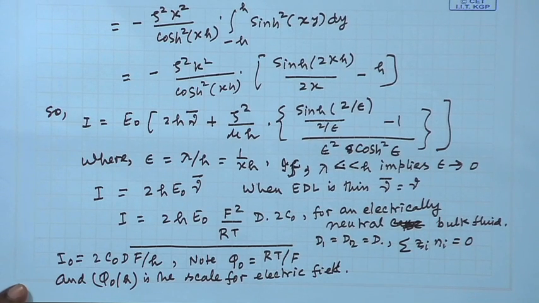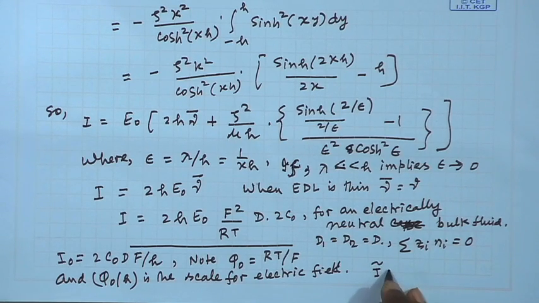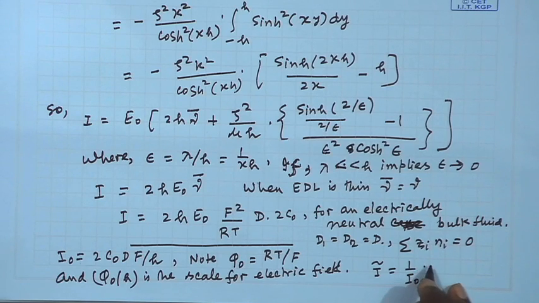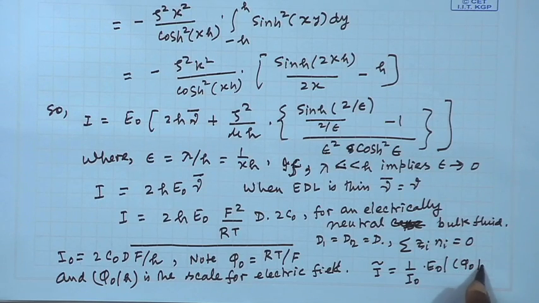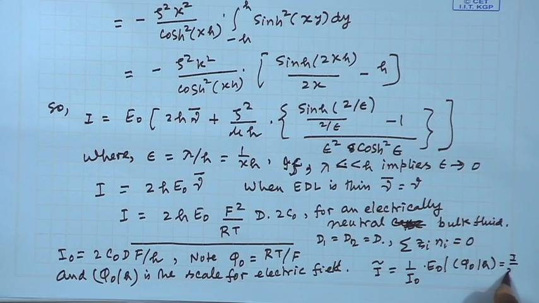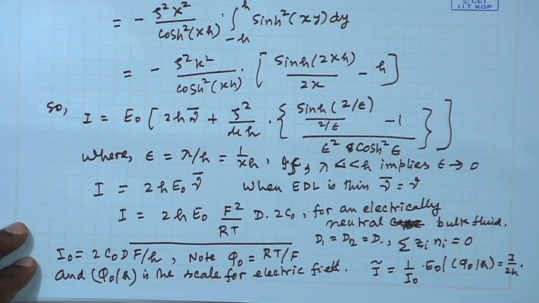So if I introduce this, what I find is a scaled I becomes 1 by I0 into E0 by phi 0 by H. So this is becoming I by 2H. Okay. So we get a situation